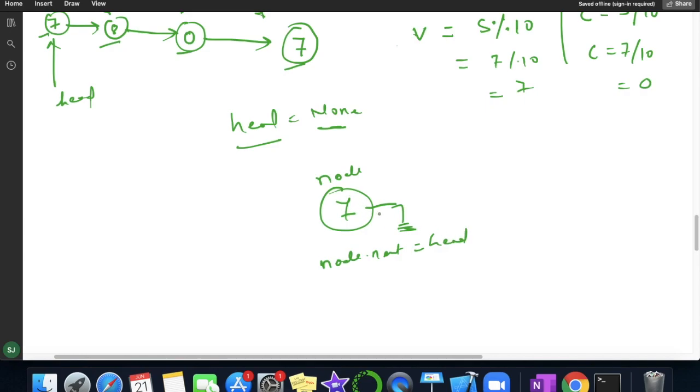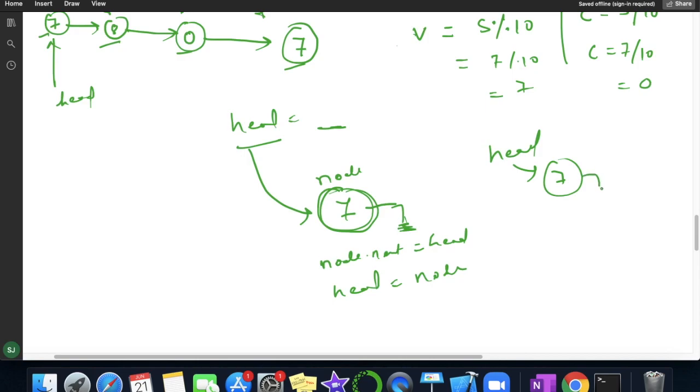So this node.next is None. And after that I am again assigning this node to my head, meaning head equal to this node. So this head will be pointing to this node. So it will look like this: this is 7, this is head pointing to this new node, and this new node's next is None.